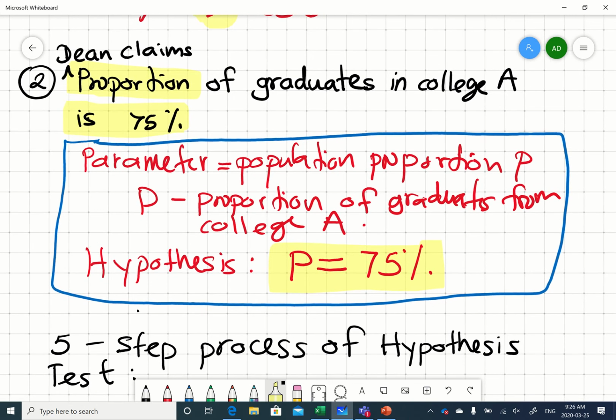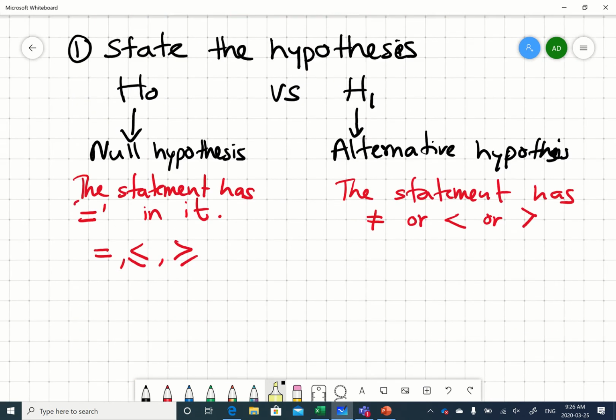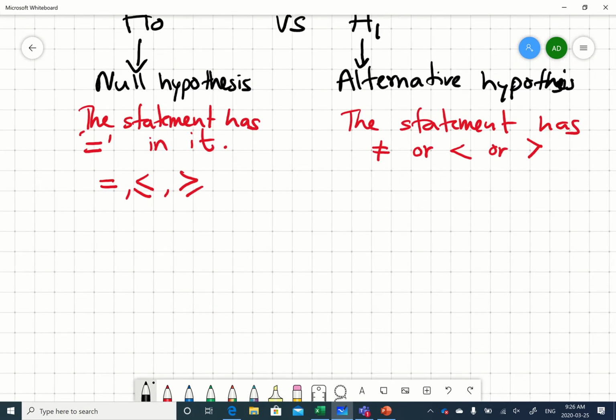And over here, Dean claims that the proportion of graduates in college A is 75%, so equal sign. So that is a null hypothesis. This is how you write the null hypothesis: H naught, P equals 75%, and the other one was an alternative, right? H1 is mu more than